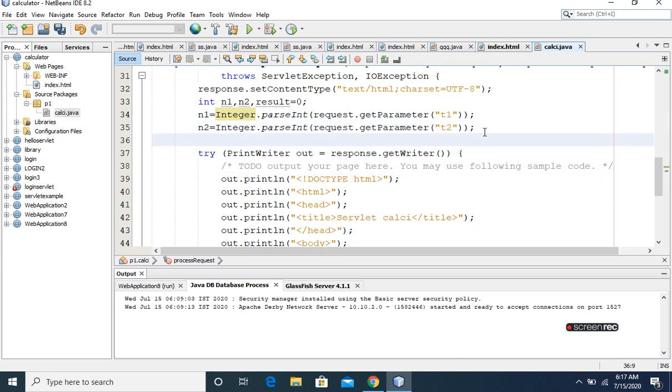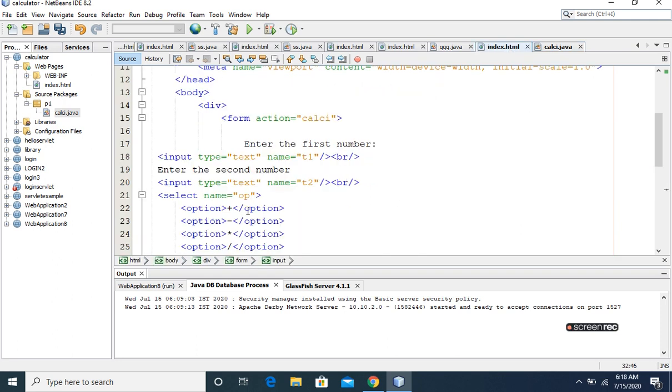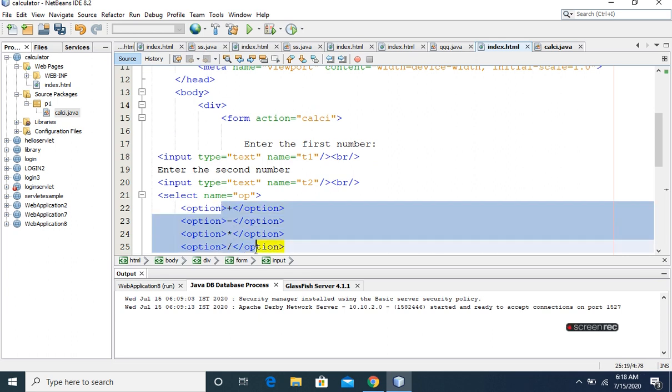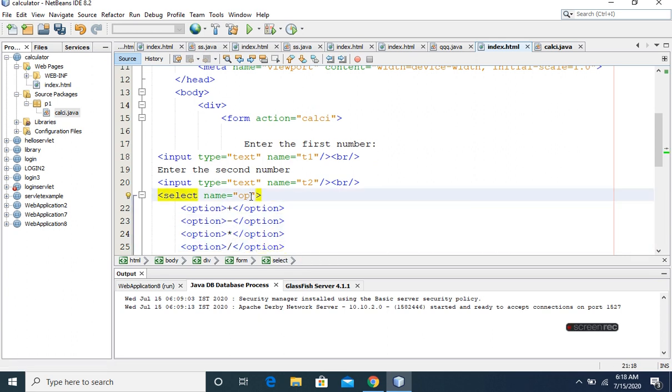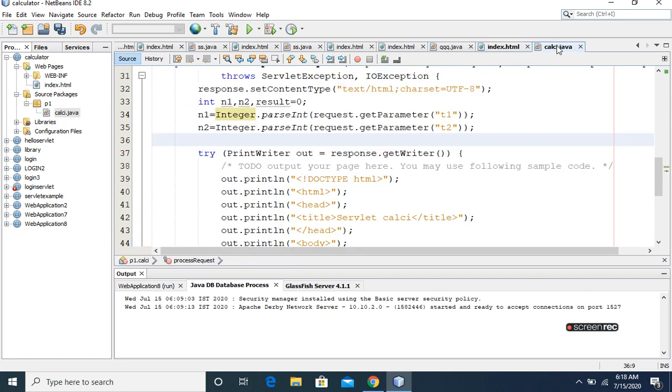We want to perform the action of addition, so we will use the result. Based on the condition of input text, that is the options plus, minus, multiplication or division, we have to read this parameter. So we have given the name of the select as op. We will read this parameter also, op.